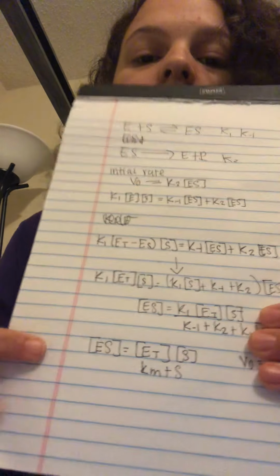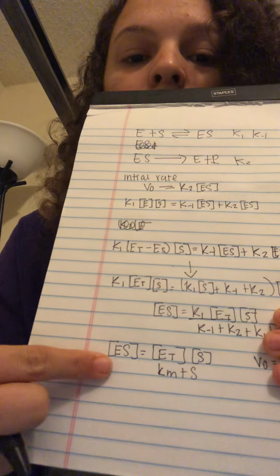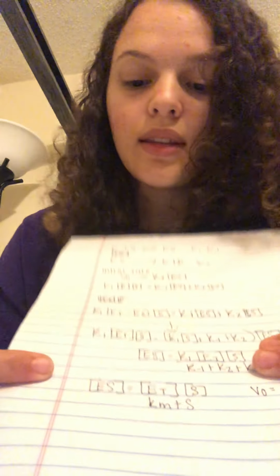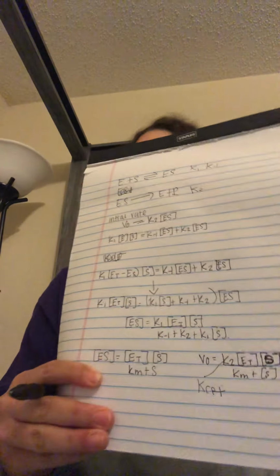Which is this. But in this reaction, K2 will actually be substituted for Kcat, and this is because your Kcat is actually your K2 rate constant, because it's the catalytic constant in the